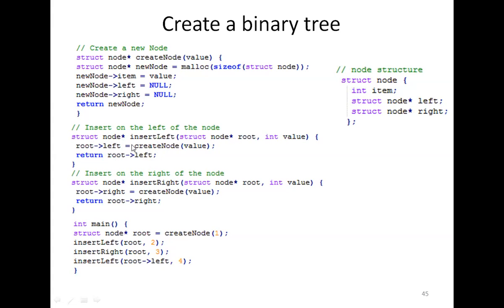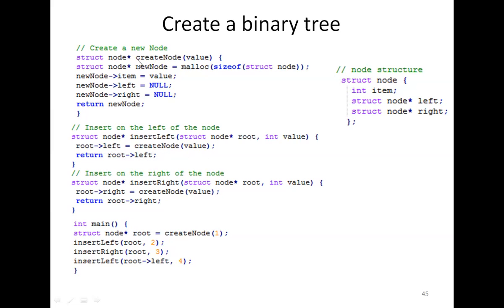See, struct node star insert left, and struct node star root. So you have to pass the root node, where you want to insert a new node on the left side. While calling this function you also have to pass the value that will be given as the value of that node, so int value. Then root arrow left equals